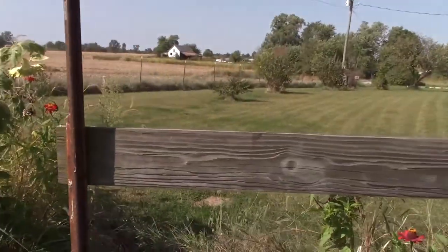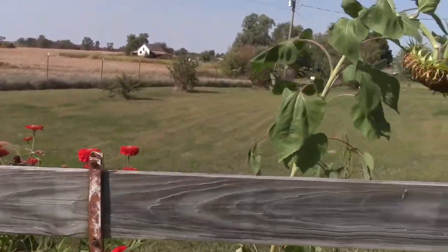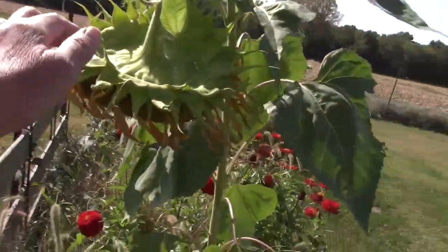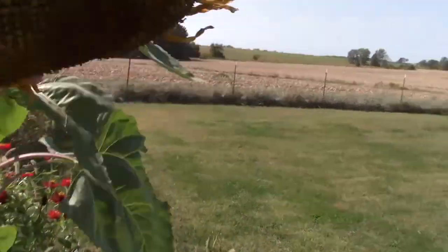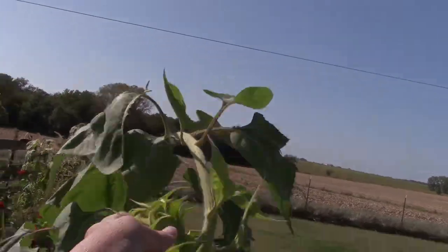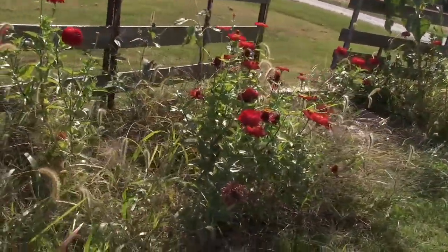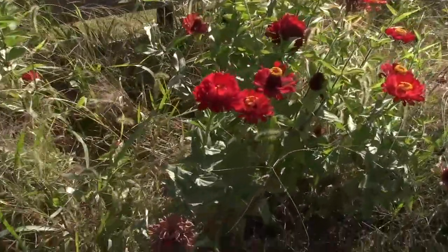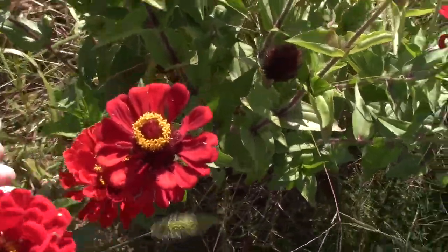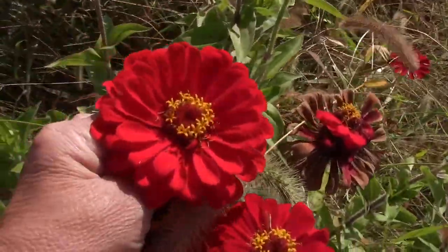It's kind of a weedy mess this year, but I'm behind it now because I want to show you this other sunflower. There's another one of those mammoth. Yep. Look at those beautiful zinnias though. These zinnias. I almost hate to, but